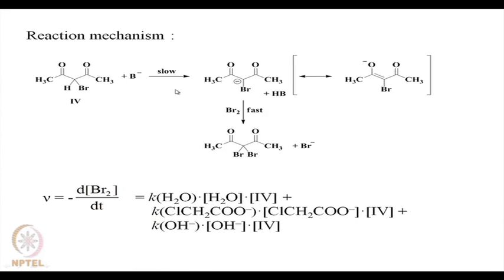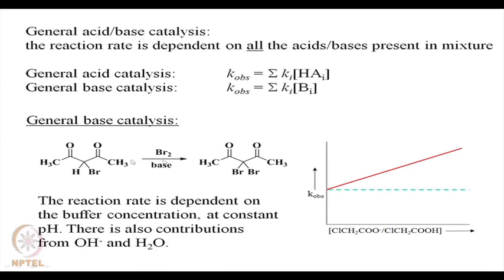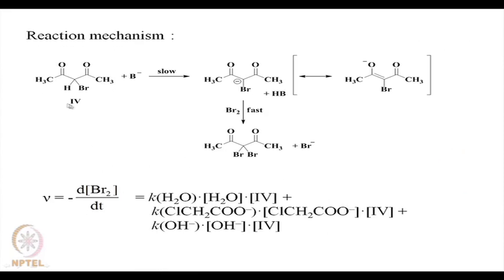Now, the reaction mechanism for this particular reaction is shown over here. It is a slow abstraction of a proton, and then it has the resonance hybrid. Then, in the presence of bromine, this minus attacks the bromine to snatch the Br, and Br minus is displaced. Okay, so the rate of